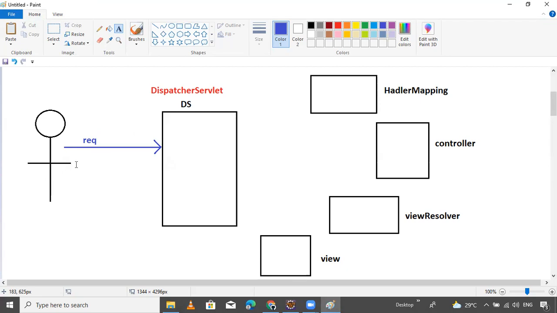So please consider, assume this is not the actual control flow. This is not the actual execution flow of Spring. This is only the dispatcher servlet: which component executes first, which component executes after. Only this we will learn in this video. Okay, guys, put more concentration. So now, suppose the client gives the request to the dispatcher servlet.